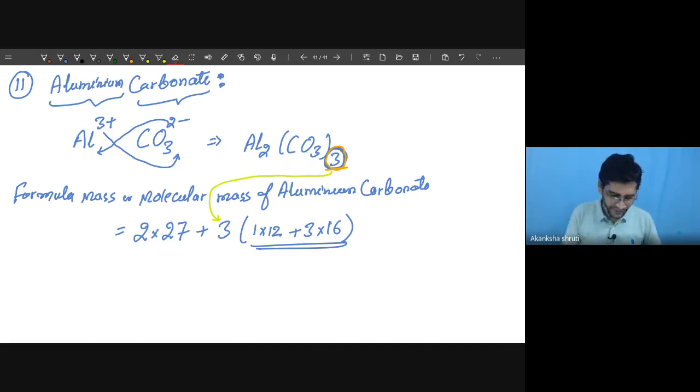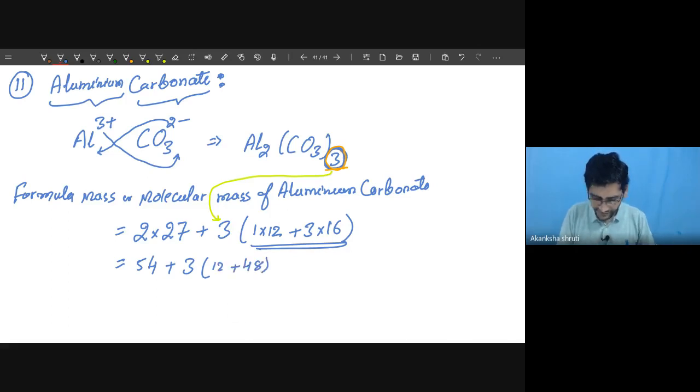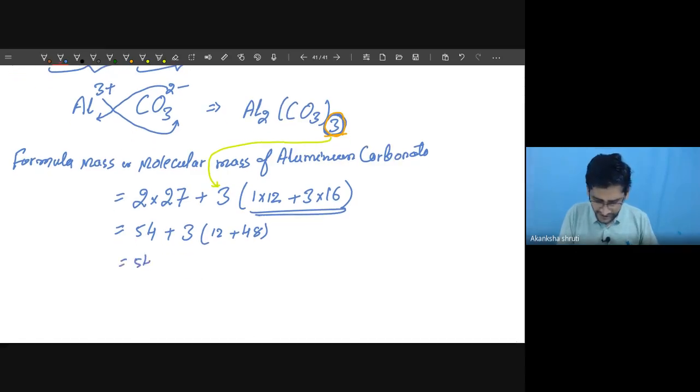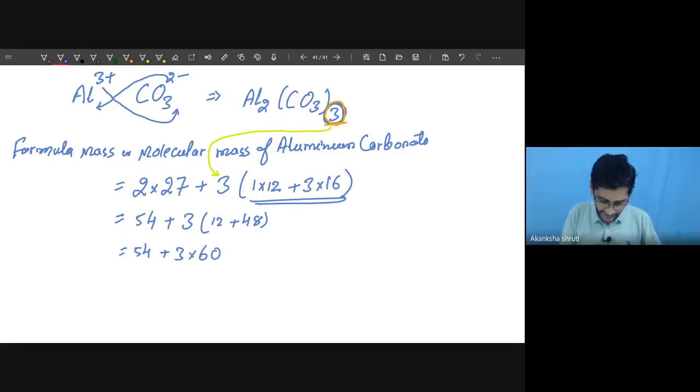So it is important. So right now just do the calculation by applying the BODMAS rule that we have already learned. So the first one becomes, multiply this with the 2, it becomes 54. Keep this 3 as it is. You first add the inner one. Inner one is 12 plus 48. So it is like our 54 plus 3 times this bracket, which becomes 60. Is it okay? Yes, sir. Good. So it is like 54. 3 into 60 is our 180.